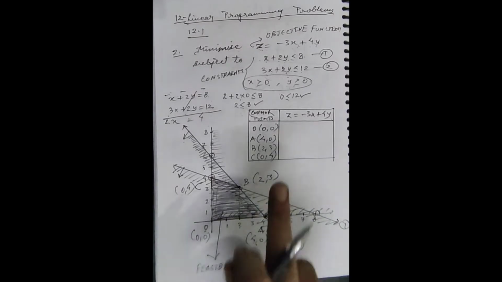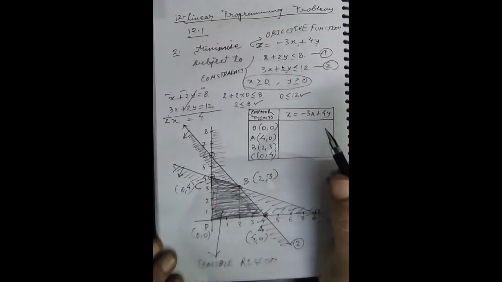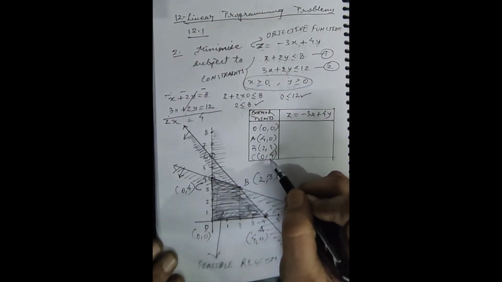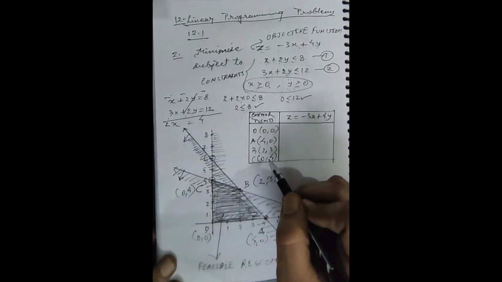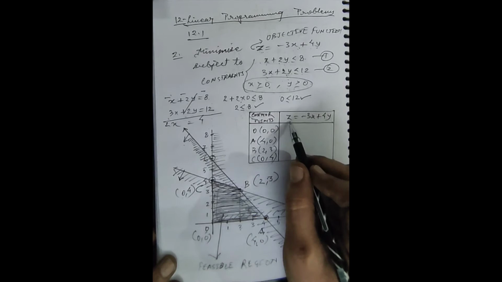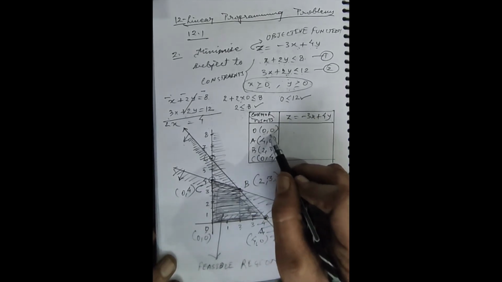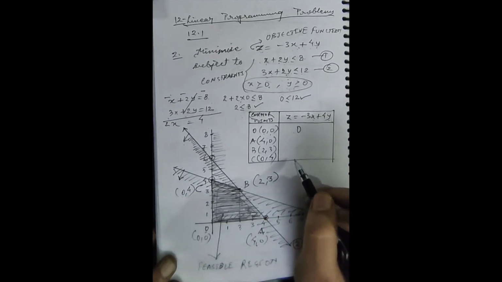So for this purpose we have to draw a table. Let me draw, then I will explain. This way we need to draw the table. This is the evaluation table. For this, what we do, one column will be of corner point, the other column we will keep for the objective function, and these corner points are written shortlisted here. For each corner point we put the value of z. Like 0, 0 is the first one. If I replace x and y by 0, the value of z comes 0. We will write the conclusion only. No need to show any calculation.